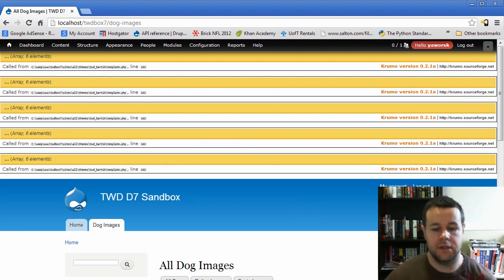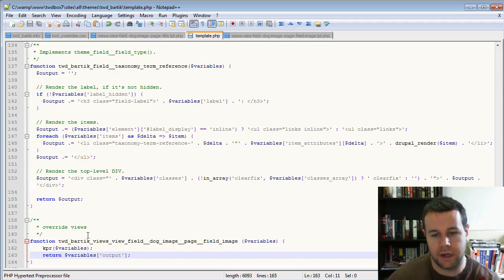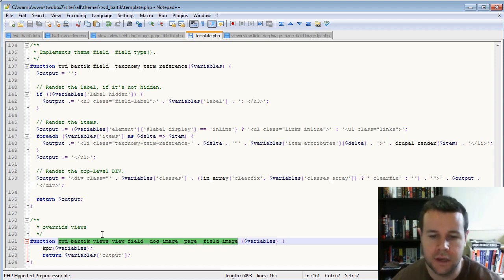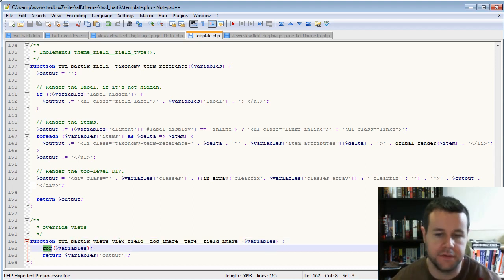And so that's the way that you can use template.php to override, using some functions rather than TPL files. kpr, obviously, is a nice function that you can use to walk through a specific array or object and look at what's included in that. JavaScript, obviously, the devel module is huge. I recommend you use it if you're doing anything like this. And you have to use kpr. I don't really want to get into why, but kpr rather than dsm